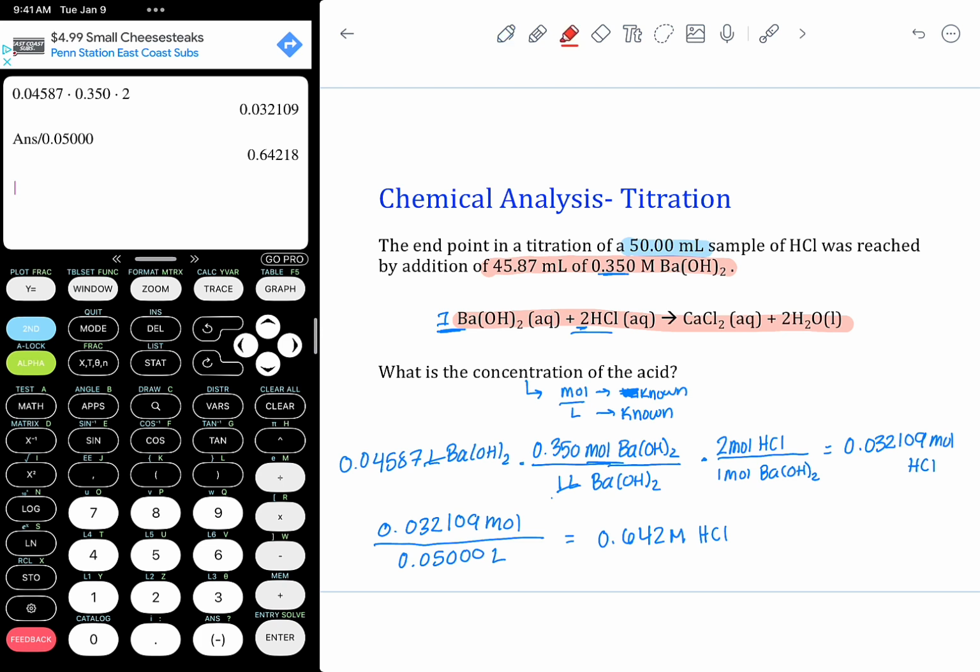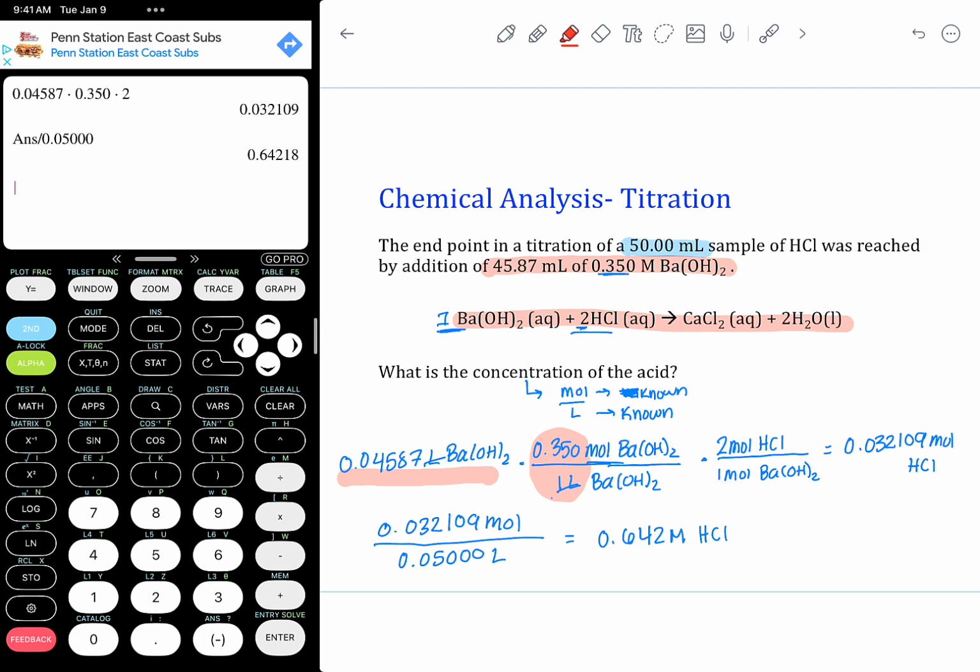So to review, we started with our volume of barium hydroxide. In order to convert it to moles of barium hydroxide, we had to use our concentration. Okay, remember our concentration can be written as moles per liter, meaning it can be used as a conversion factor between volume and moles or moles and volume depending on which way we need to go. Once we do that conversion, we're left with moles of barium hydroxide. If I have moles of one reactant, I can convert that to moles of any other reactant or moles of any other product in my balanced chemical equation,